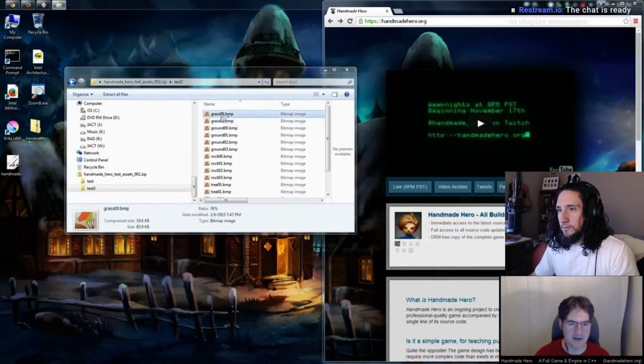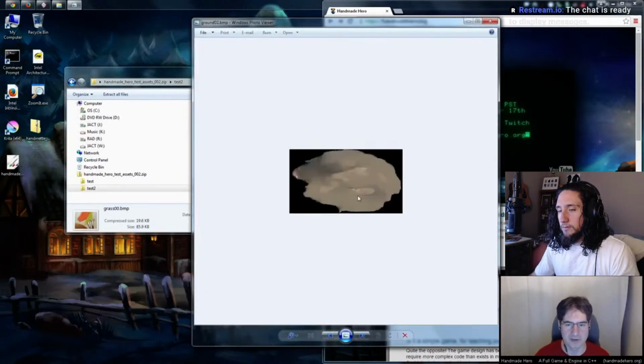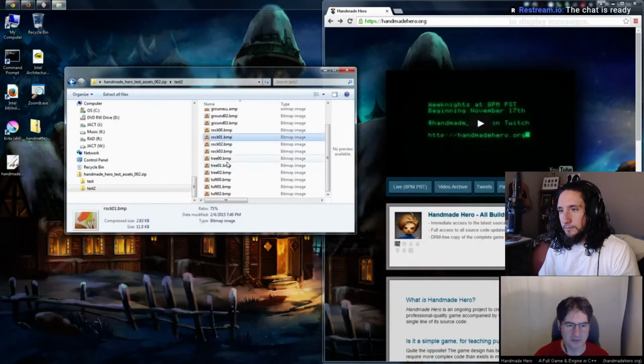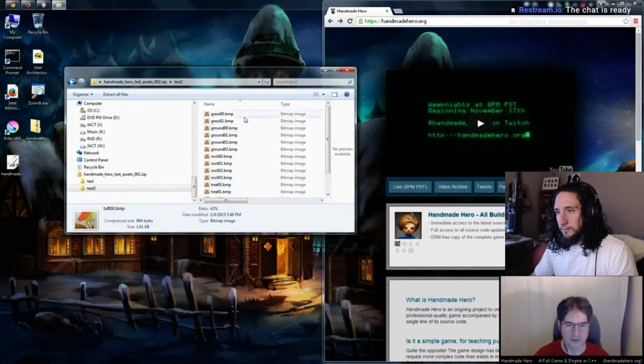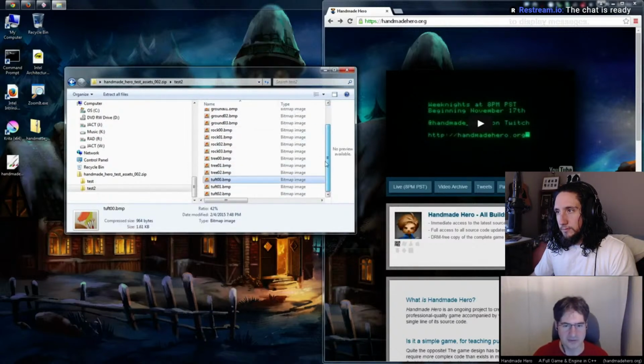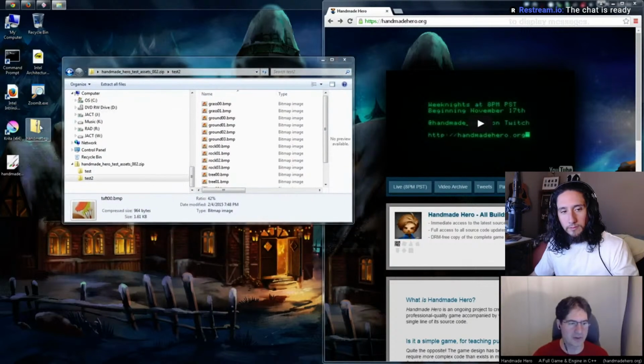And basically what I did is I grabbed some of our assets. Of course, you can't preview them because Windows Bitmap Viewer doesn't actually work, even though they invented the format. But basically I grabbed some rocks, some trees, and some tufts of grass and such that I wanted to use so that we could stop using yellow rectangles for walls and actually start having some actual things there. We won't get carried away with it, but I was just tired of looking at them, so I decided it was time to grab some assets.